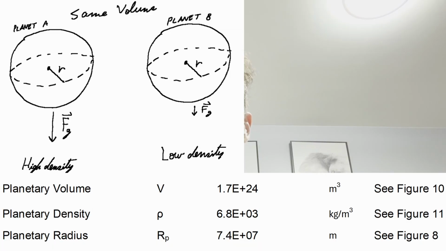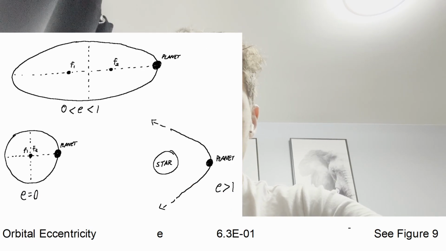Knowing the planet's mass, as well as its volume, using its radius, we can also determine the planet's density, which will be important in determining whether it can harbor life, though more on that later. It's also quite important to measure the parameters concerning a planet's elliptical orbit. First, there is the orbital eccentricity value of 0.63 for our planet